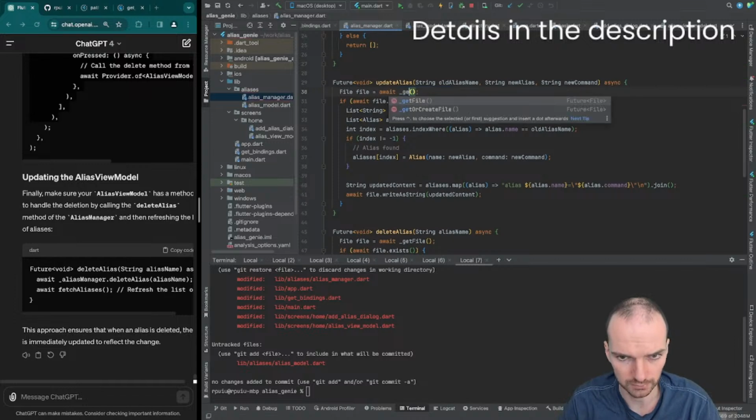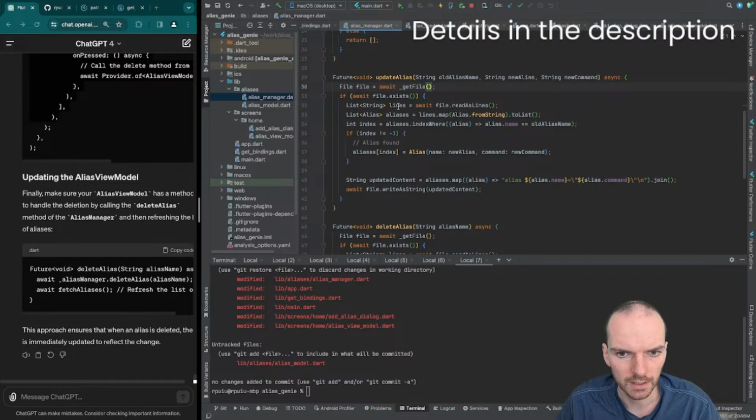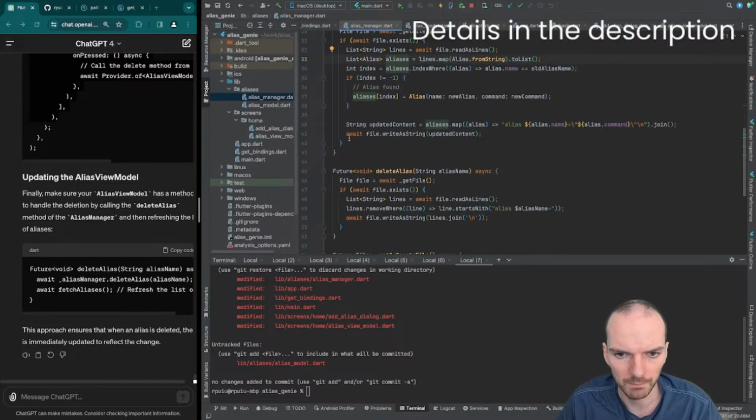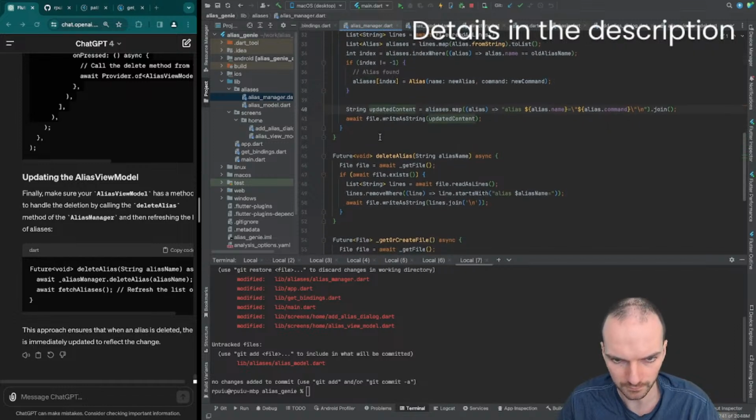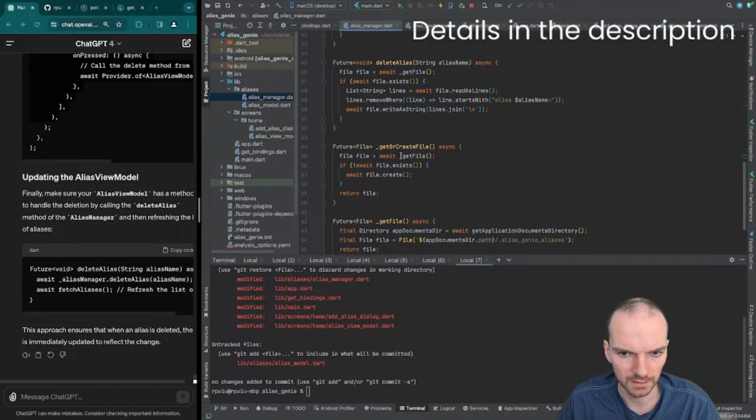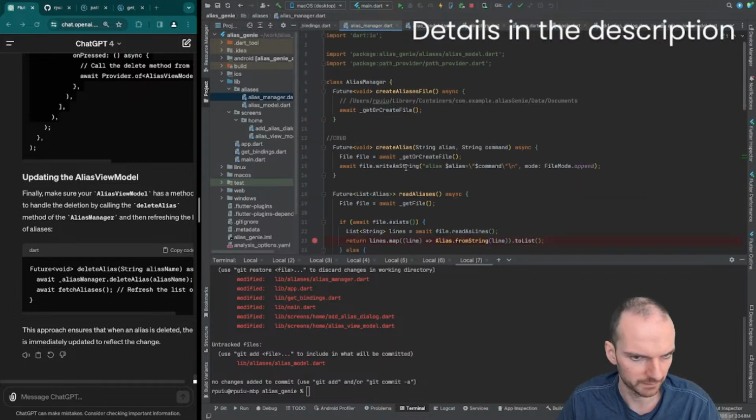And here I will also do get file, not get create. Okay, lines, aliases. You have the delete and the method. Well, in the app,